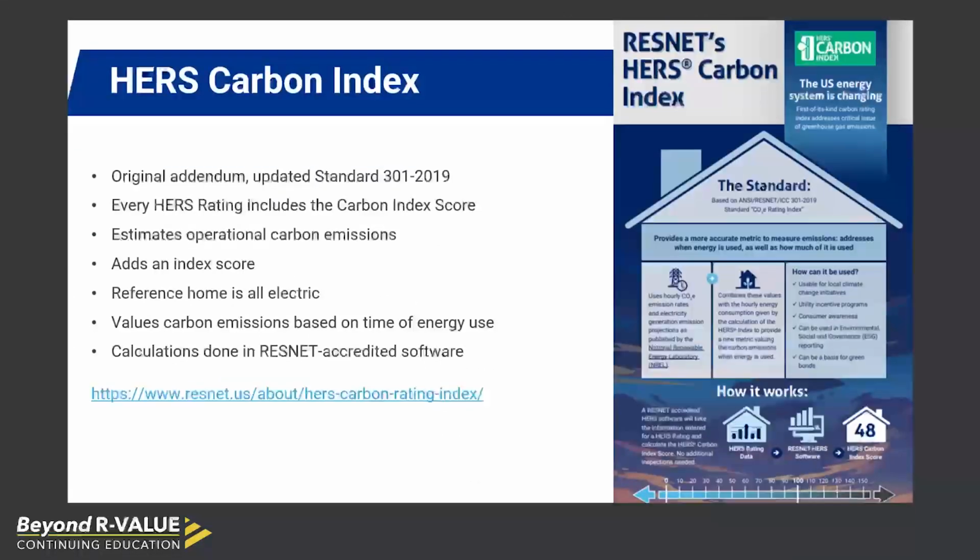And then as I wrap up with the carbon index, the HERS carbon index is fairly new. We've always calculated carbon emissions within the ResNet HERS index and Standard 301. Basically, there was a change just a couple of years ago to Standard 301 that institutes a new calculation methodology for calculating operational carbon. So the carbon index is operational carbon. It's not embodied carbon. There is a standard being developed for embodied carbon now,